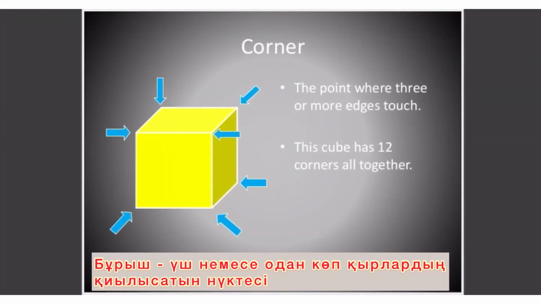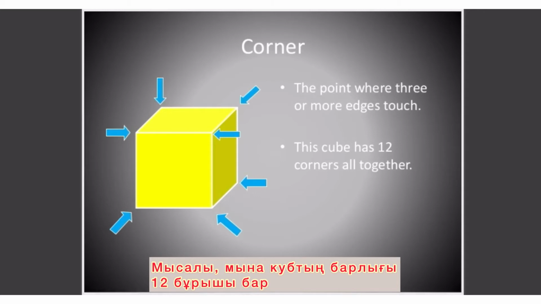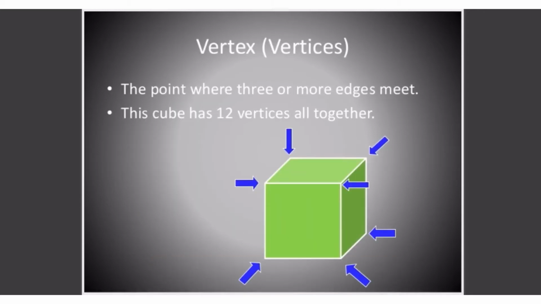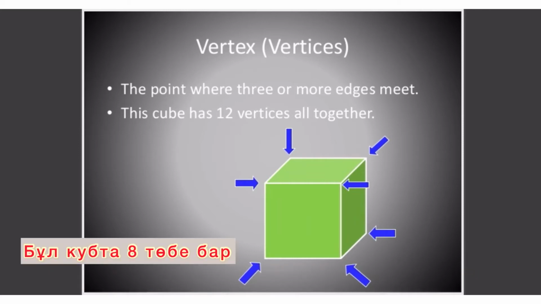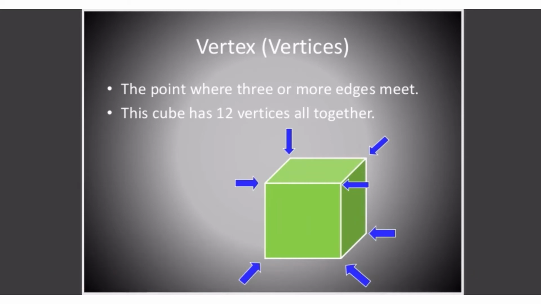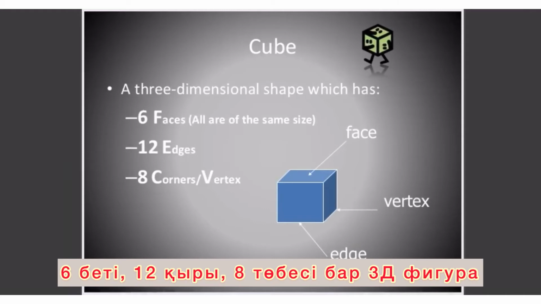Corner, the point where 3 or more edges touch. For instance, this cube has 12 corners altogether. Vertex, in singular form or vertices. The point where 3 or more edges meet. This cube has 12 vertices altogether. What is cube? It's a 3-dimensional shape which has 6 faces, all are of the same size, 12 edges, 8